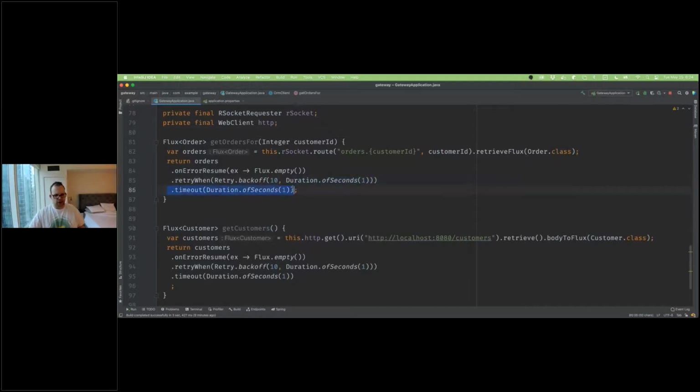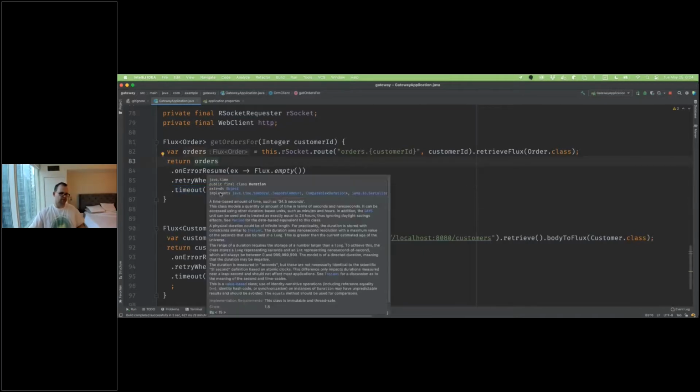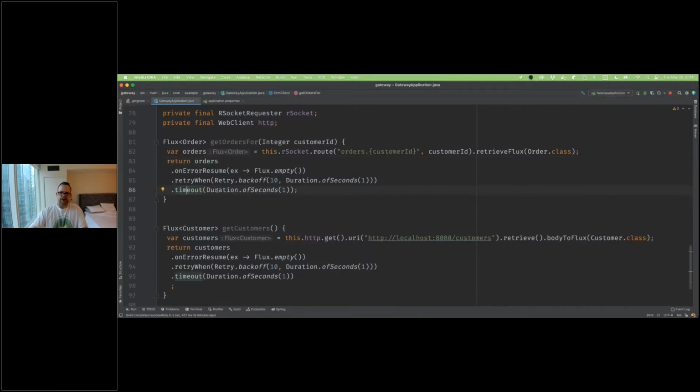Timeouts are a very good thing to have, but I don't recommend them to be your first line of defense. You should only use them as a last resort, the last situation. Timeouts are a great way to guarantee that you don't waste too much time trying to call a downstream service. The problem, of course, is that